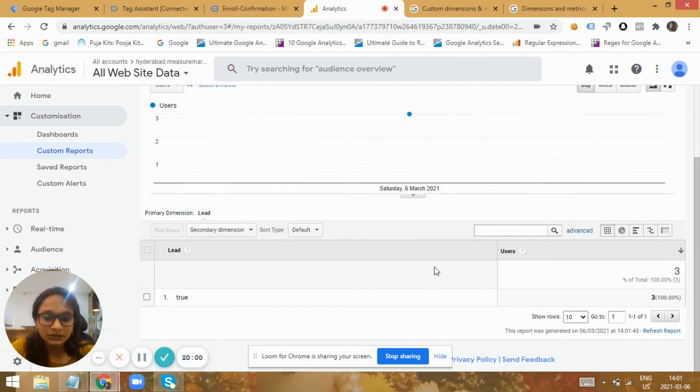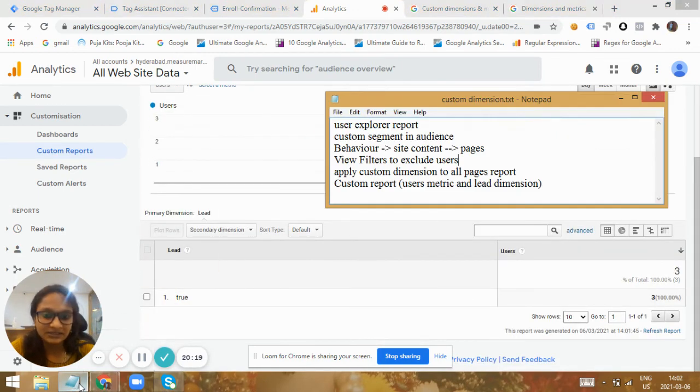The metric I have added in the custom report is users and the dimension is leads. So the leads we have got are three users. So three users have been leads for our website and the tracking or the label that we have applied to that. This is one part.